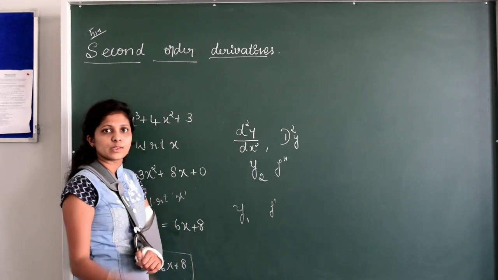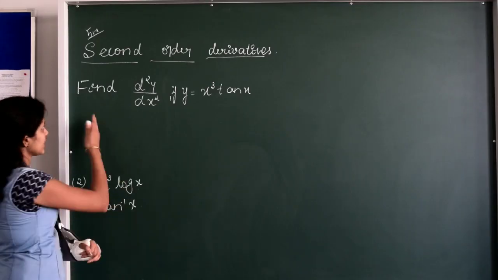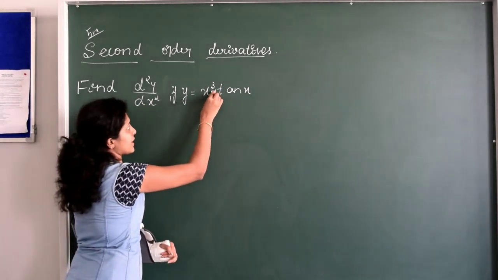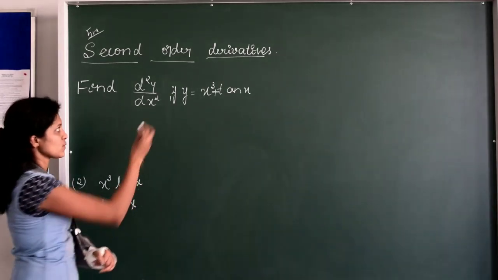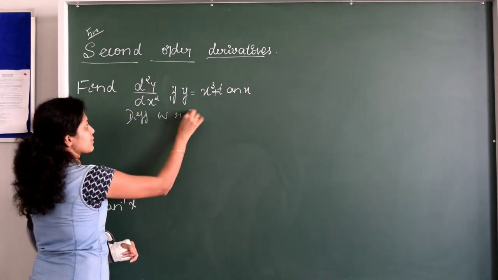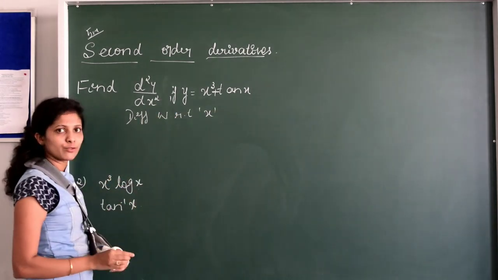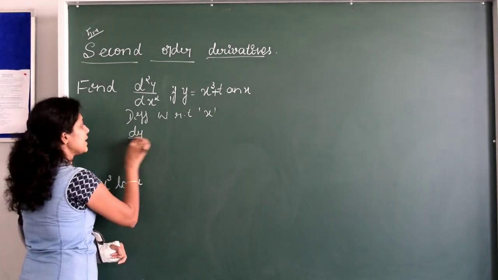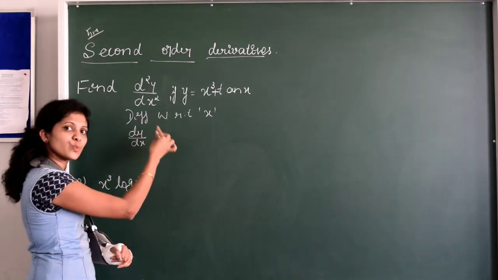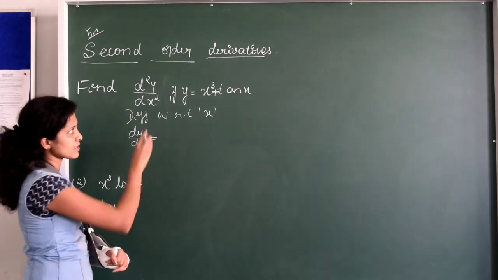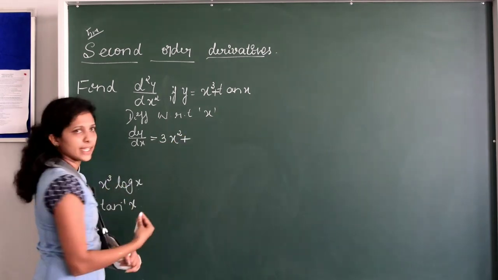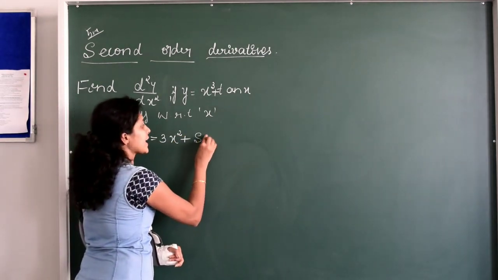Now we will see some problems based on this. See here I have written the problem. Find d square y by dx square if y is equal to x cube plus tan x, okay? If y is equal to x cube plus tan x, what you have to do? Just differentiate the function with respect to x. So here you have to differentiate the function with respect to x twice. So derivative of y with respect to x, I can write dy by dx. See, either you can write dy by dx, or you can write this one as y1, or you can write this as y dash. Anyway, here I write dy by dx is equal to derivative of x cube, what is that? 3x square plus derivative of tan x. What is the derivative of tan x? It will be secant square x.